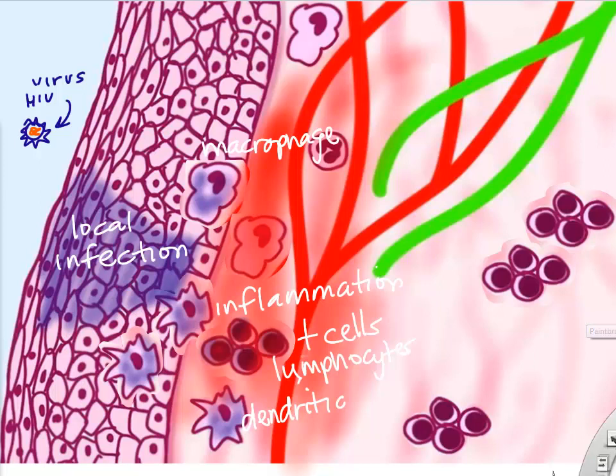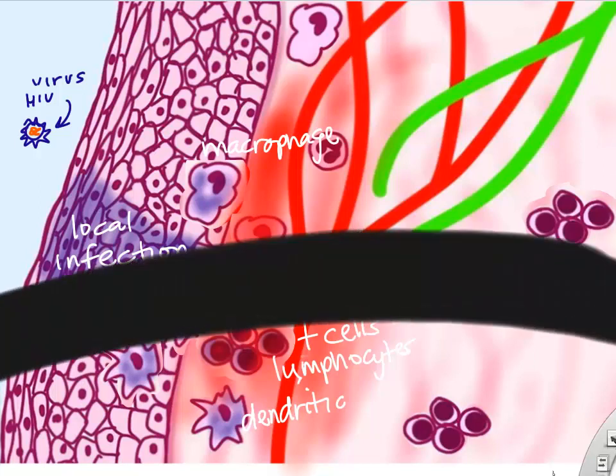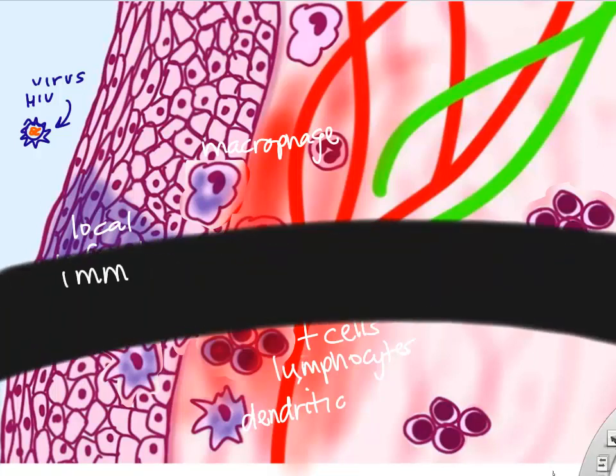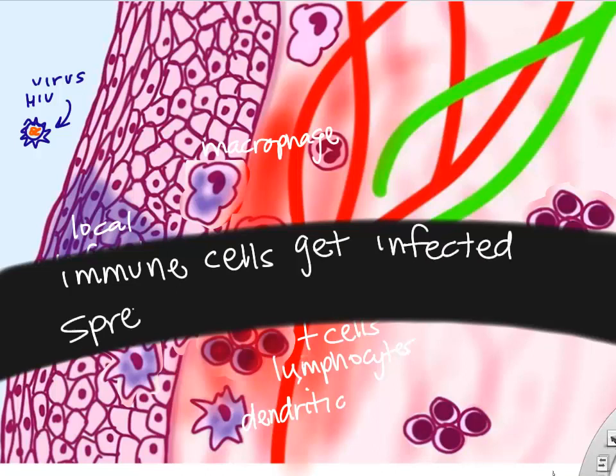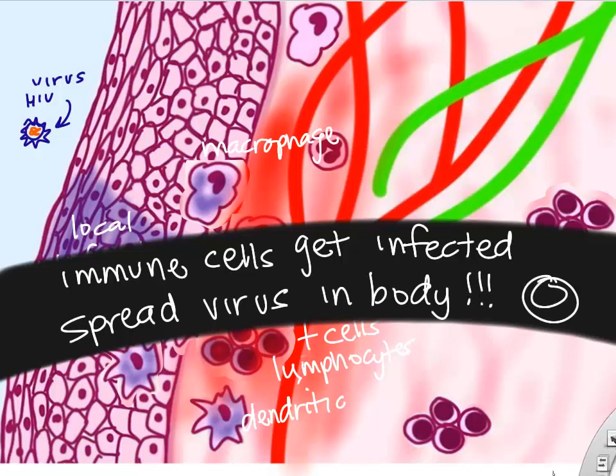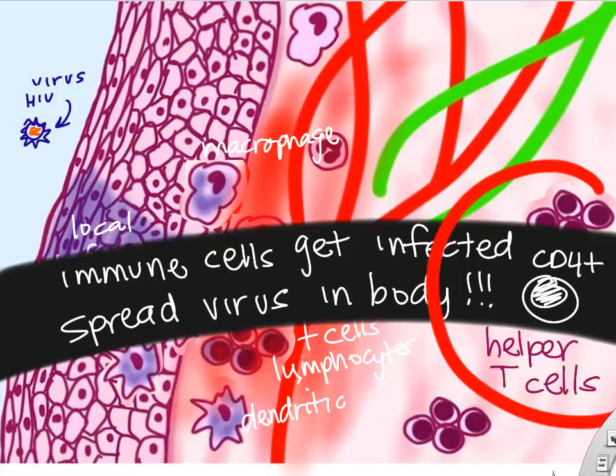Immune cells, we know, travel around the body in an effort to protect us and to find other immune cells to activate. When they do this, the immune cells actually spread the virus throughout your body. So the immune cells trying to protect you do the job of the virus and spread the virus around the body. Eventually, the helper T cells, when they become infected with the HIV virus, that's when we get destruction of